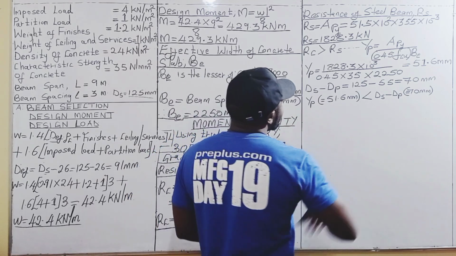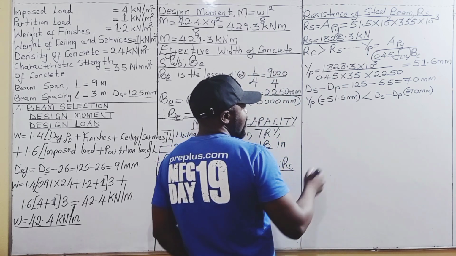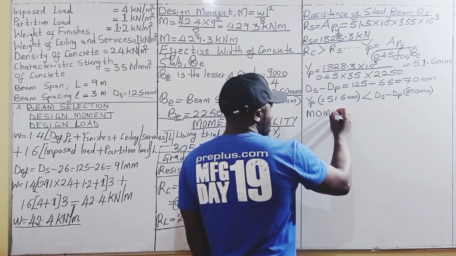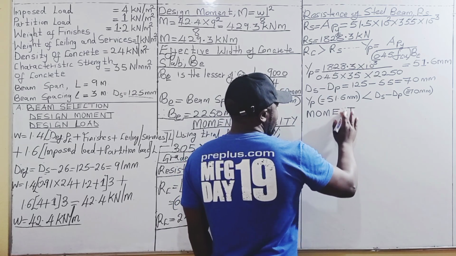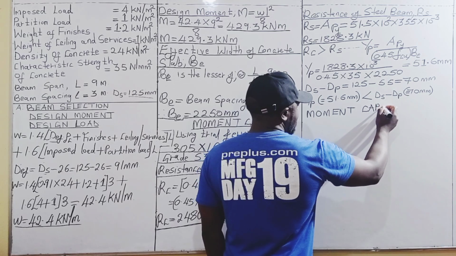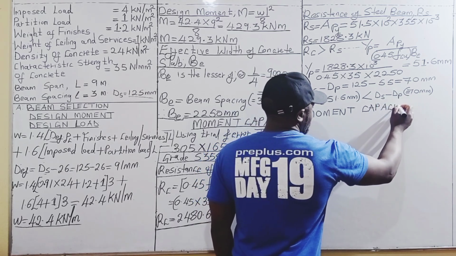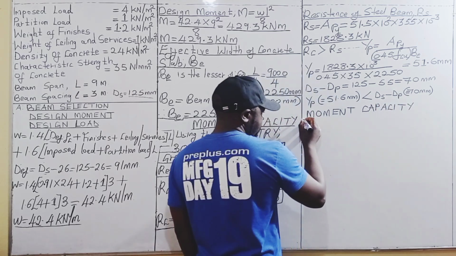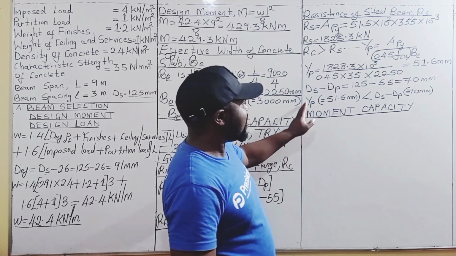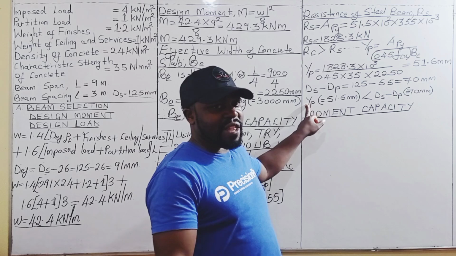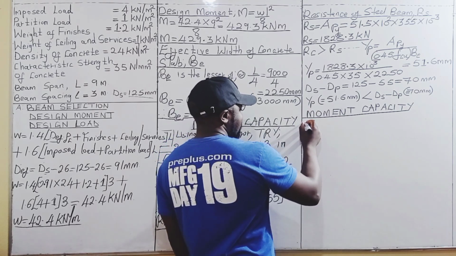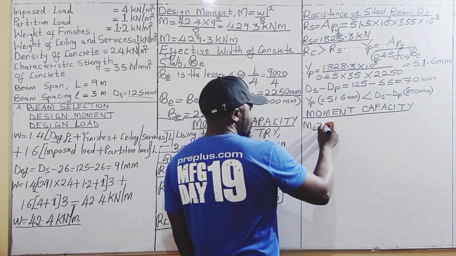After determining that, we are going to now calculate the moment capacity of the composite section. And because yp is lying, or the neutral axis is lying within the slab, the formula we are going to use to determine the moment capacity will be mc is equals